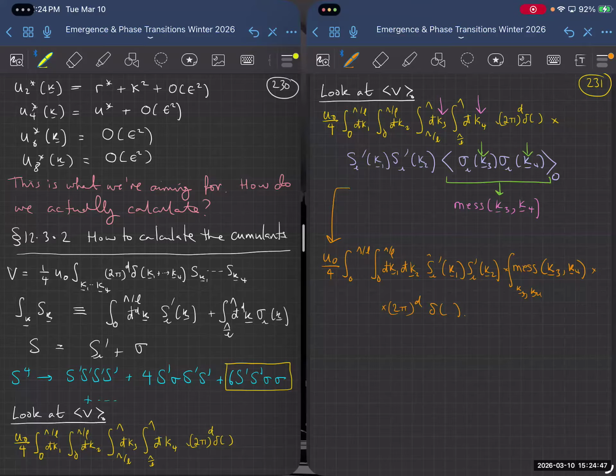And after I've done all of those integrals, what that's going to end up giving me is a function that will contribute to